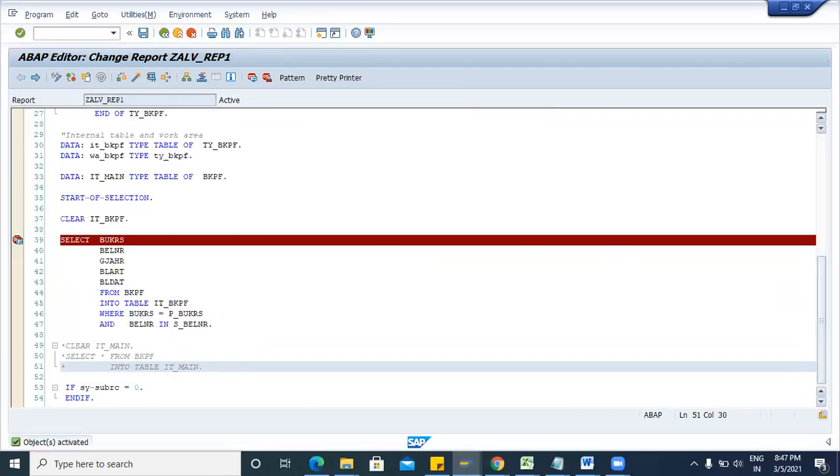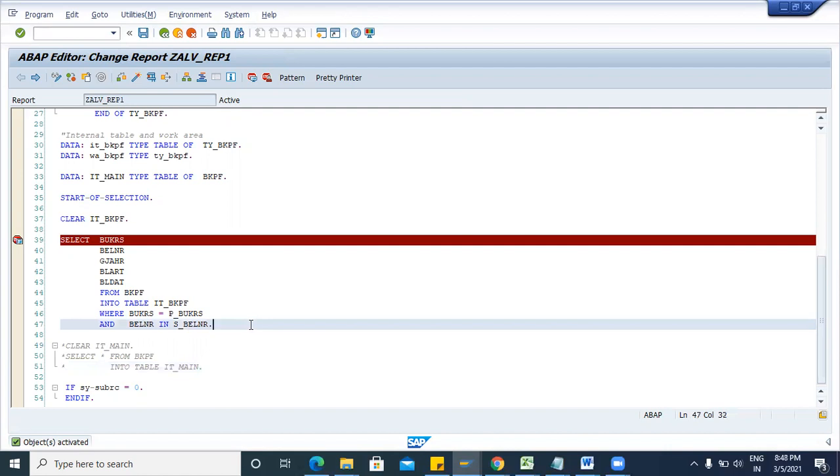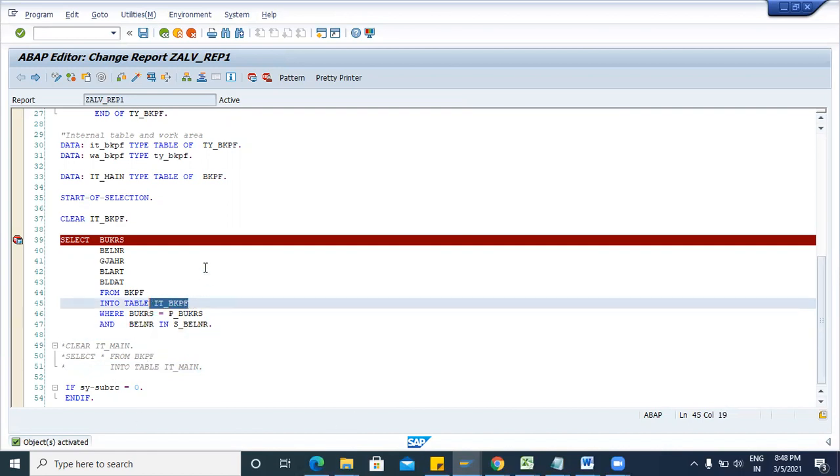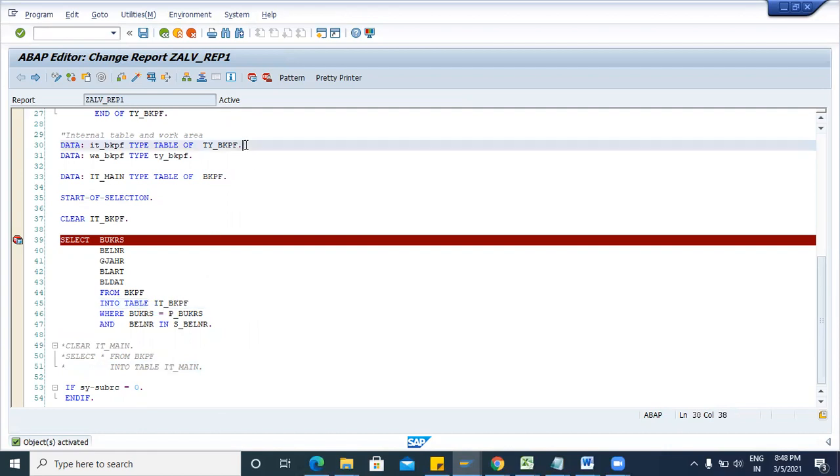So now next step, if you want to pass the data from one internal table to another internal table of the same type, suppose here you have declared IT BKPF, now you want to declare another internal table, IT BKPF1.